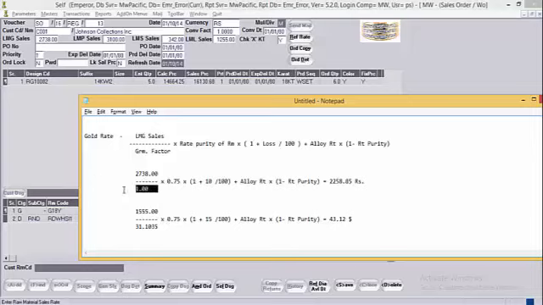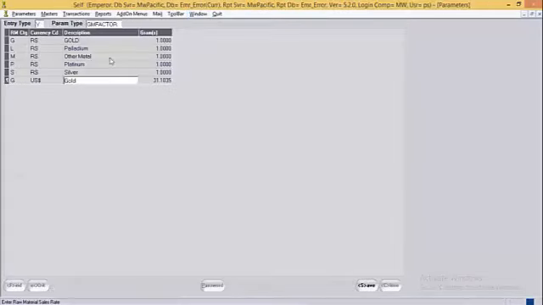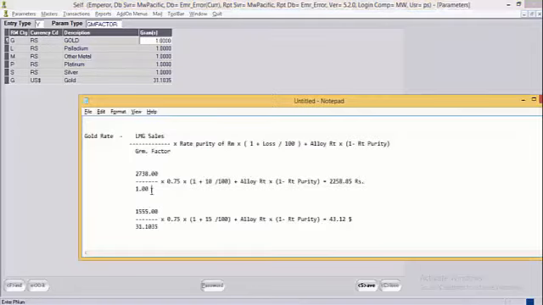So the gram factor that will be considered over here is 1, which has been mentioned in the parameters. System parameters, param type is gram factor. For gold, for rupees it is 1. Multiply by the rate purity of the given RM code, that is 0.075.